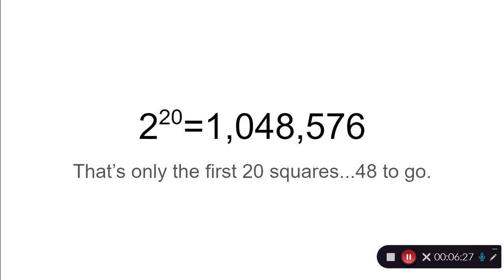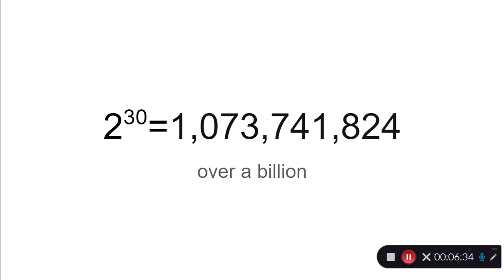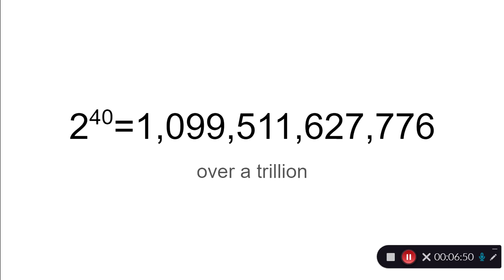20 squares in, it's actually 21 squares, sorry, a typo, you have 1 million grains of wheat. 30, not even halfway across the board, you're at 1 billion grains of wheat. This is exponential growth. What's going to happen in the next square? Well, that was 1 billion, and then 2 billion, and then 4 billion, and then 8 billion. So once exponential growth gets going, it's ridiculous.